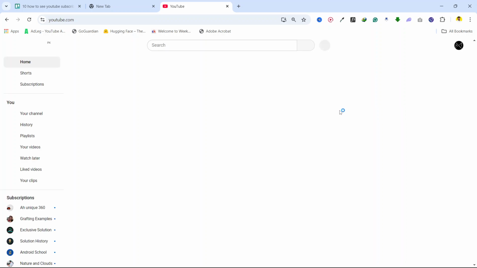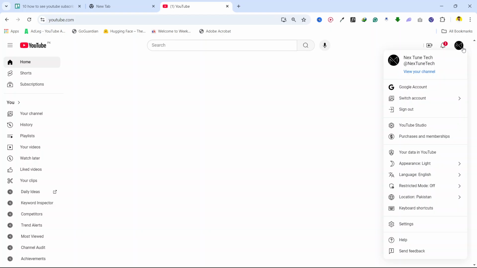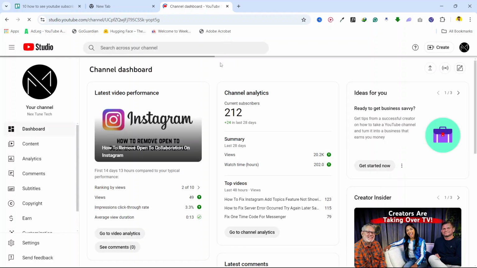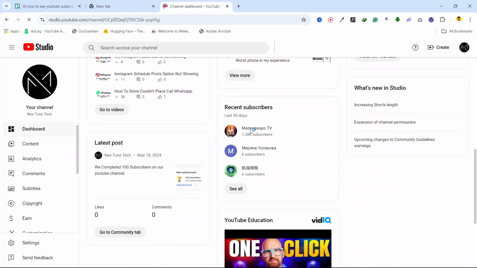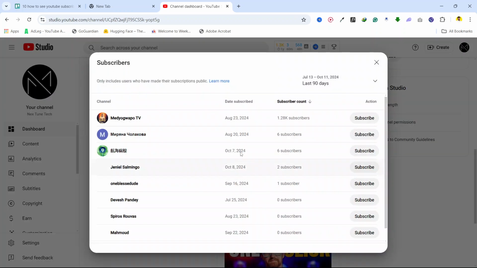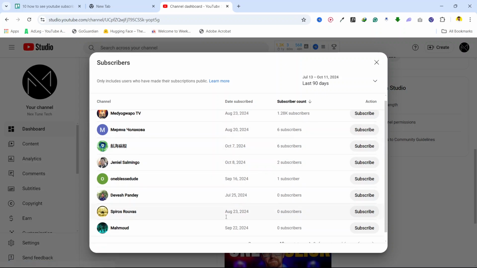So once you log in to your account, click here and you simply need to go into the YouTube Studio. So once you are in the YouTube Studio, you simply need to scroll down and at the bottom you can see recent subscribers. So you simply need to click here, see all, and here you can see all your recent